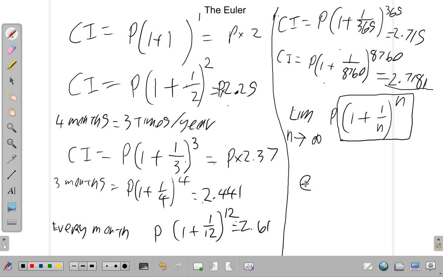E-U-L-E-R. All right. Okay, so that will be it for now. This was just to show you the origin of this number. Very important number, and a number that you will see